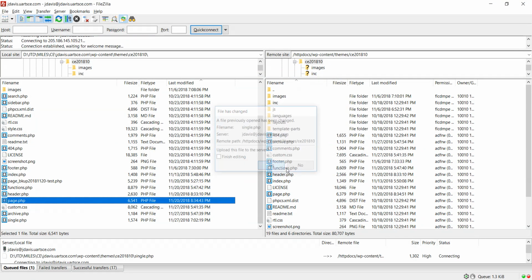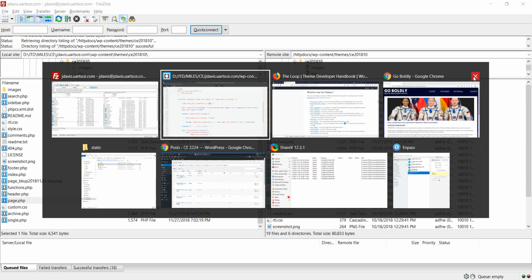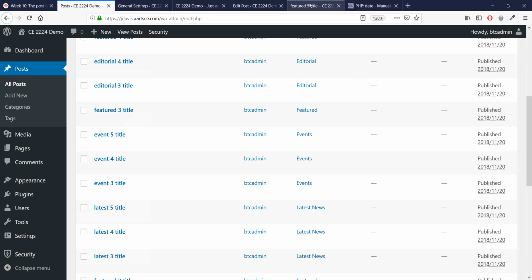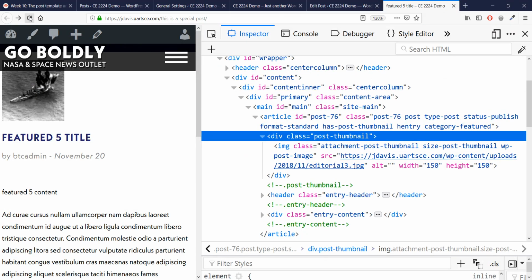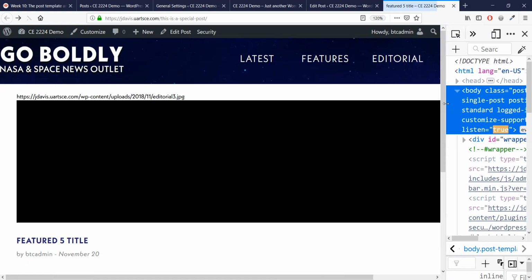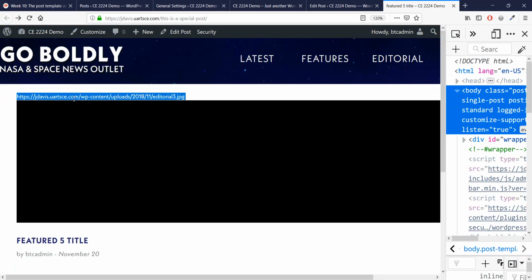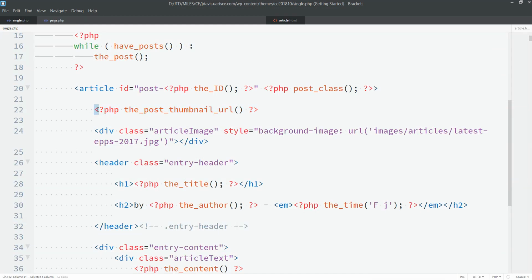So if I just display that as it is, then instead of an actual image, I'm getting the URL. That black box is what I have for article image here so far, but what I have above that is just the URL, and I know that it's going to give me just the URL when I have that PHP code. So now I can use this PHP code